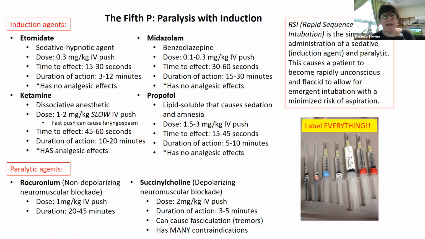Think about that for a minute, okay? You gave, say, etomidate, which is a fairly routine medication that we see given on these patients, and rocuronium. Well, your rocuronium may be lasting for close to an hour, but your etomidate only lasted about 10 minutes. So this is why it's so important to make sure that you have a game plan for your post-sedation medications to keep them sedated and comfortable and not in pain, because they're going to be paralyzed for close to an